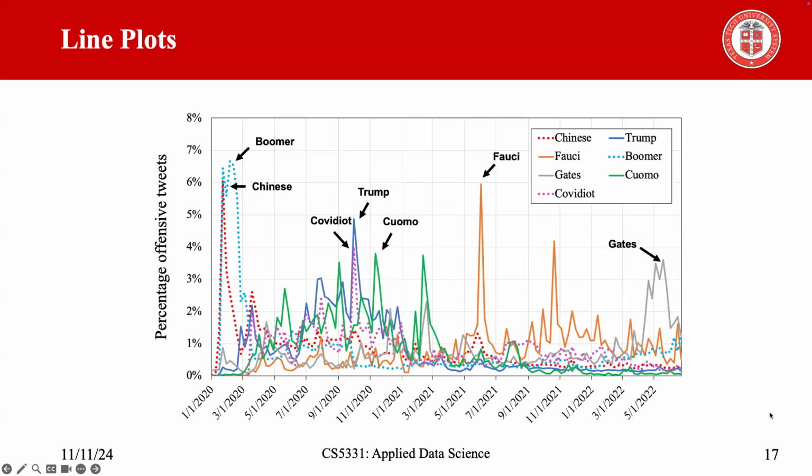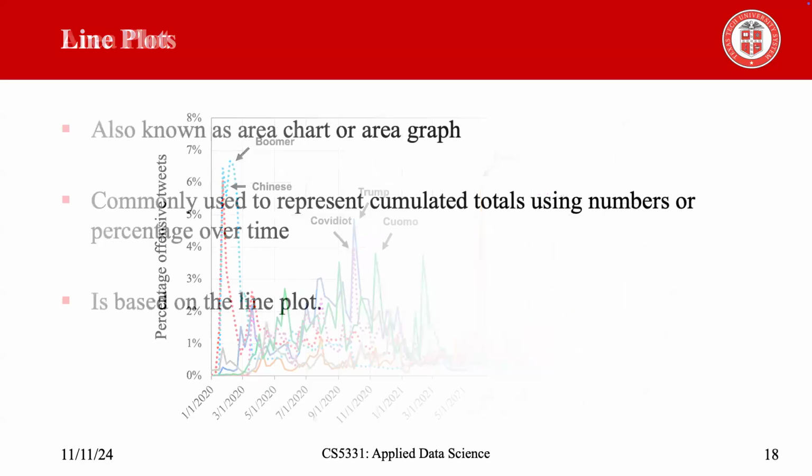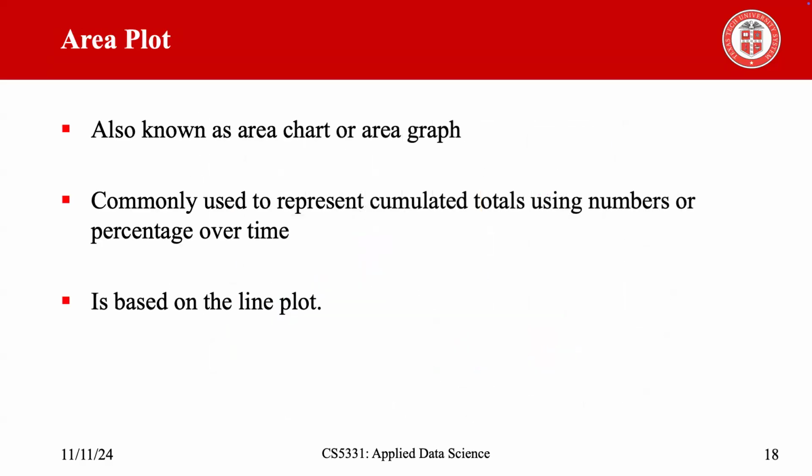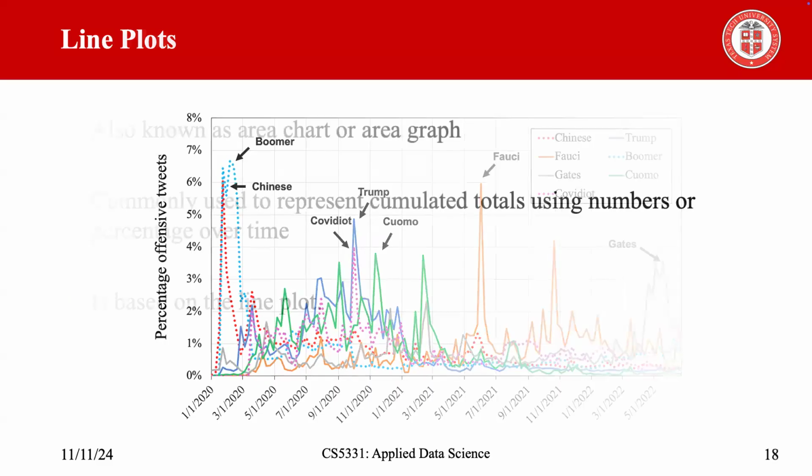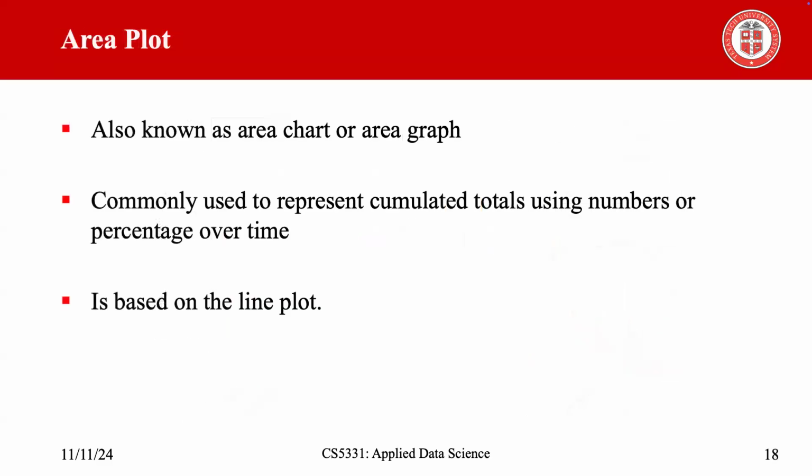This is only for 7 lines. If you have like 10 lines, it would be very complex, and it will also be difficult to explain. So do not use too many lines, and I think five lines should be good. Yeah. So this is for the line plots, and next let's talk about the area plot, which is also known